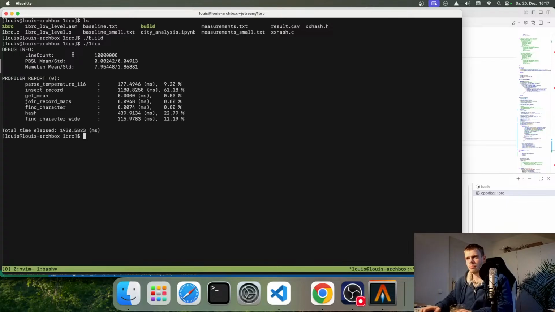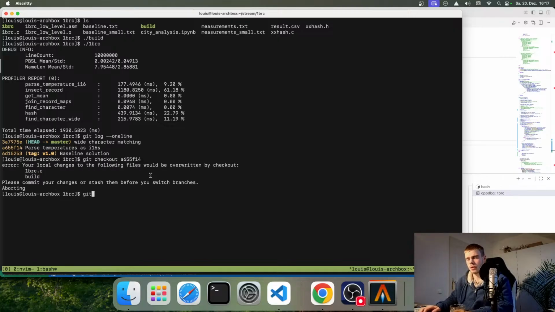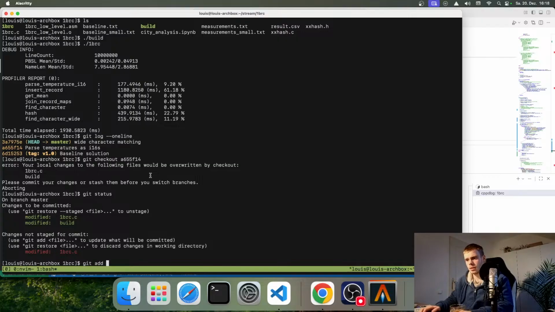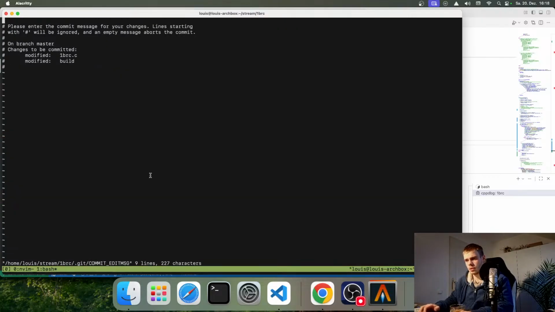Yeah, what was the previous value in this? Git log one line. White character matching. Let's go back to this one. Git checkout this. Oh no, git status, git add dot, git commit,